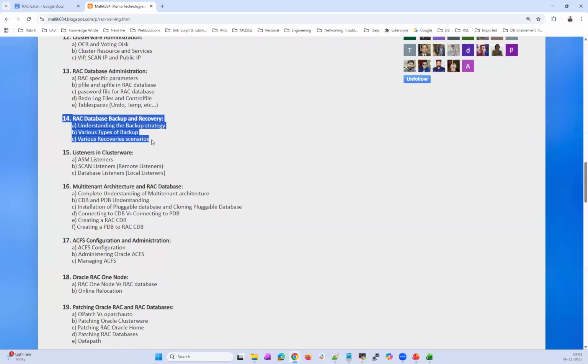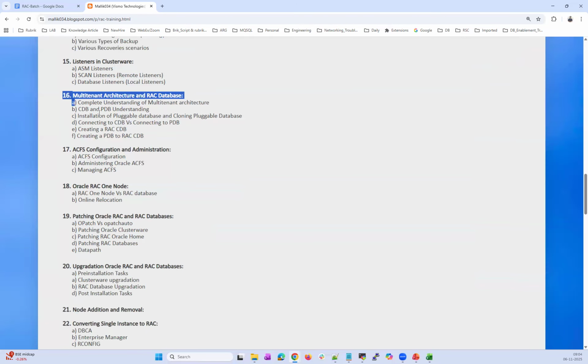And other recovery scenarios: if I lose my control file, how can I restore in case of RAC? If I lose my SP file, how can I restore in case of RAC? If my system data file, my sysaux data file, or my undo data file is corrupted in case of RAC, how can I recover these files individually? My control file is corrupted or lost, how can I recover it? If I have multiplexing of the control file or not, if the control file is corrupted, how can I restore it? My redo logs are corrupted, how can I restore them? So we'll explore all of this in backup and recovery scenarios and concepts, specific to RAC.